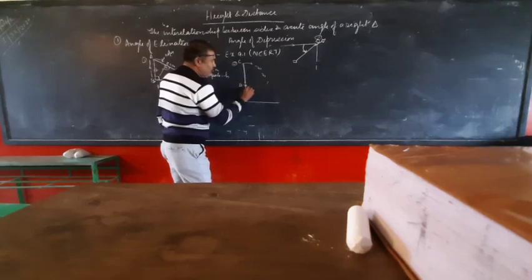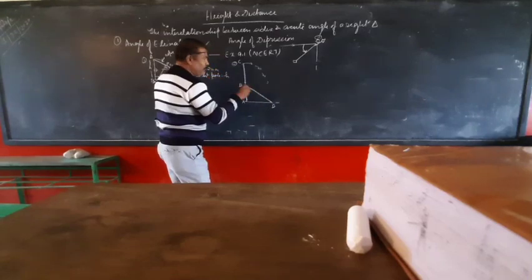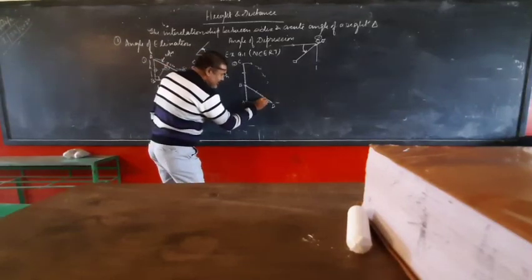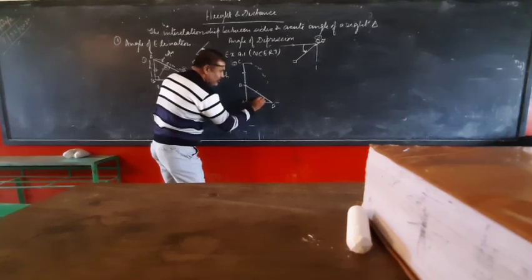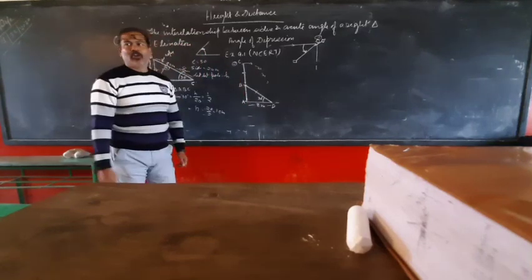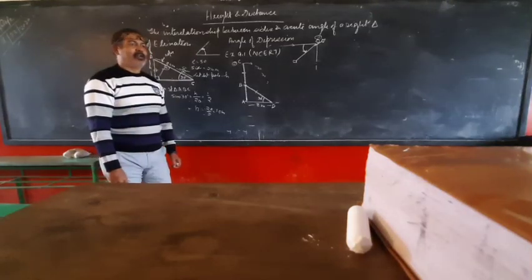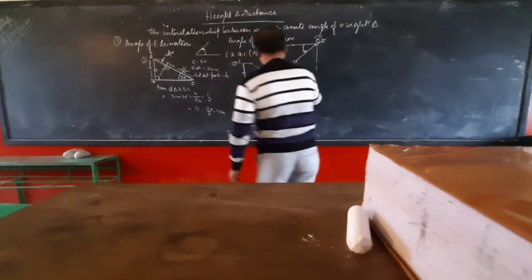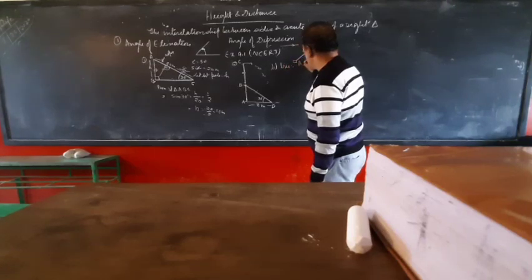Okay, and this top touches the ground at point D, which means BD is equal to BC. When this top touches the ground, it makes an angle of 30 degrees at a distance of 8 meters from the base of the tree, from the root of the tree. And what we have to calculate? We have to find the height of the tree. Now, here, height of tree is equal to AC.